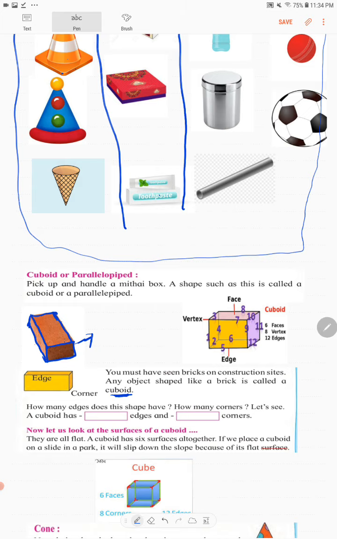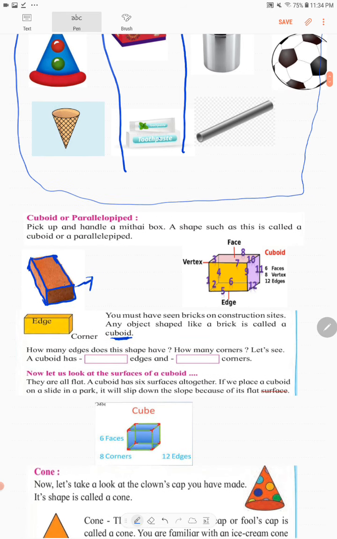You can see only 7. But if you see a cuboid like this, it has got 12 edges. 1, 2 this, 3 this, 4 this, 5, 6, 7, 8, 9, 10, 11, 12.